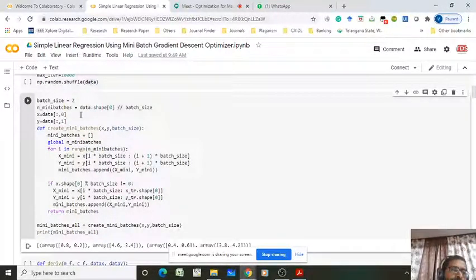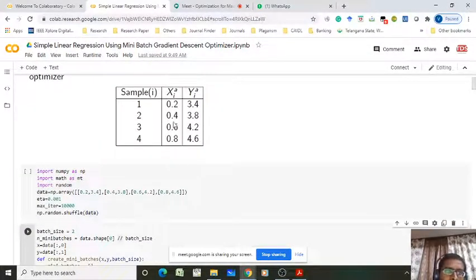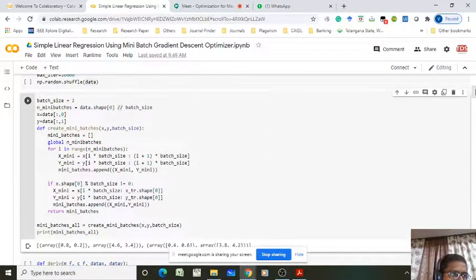Okay. Now in the data set, what is the input? Input is the first column, output is the second column. So the 0th index is the input and the 1 index is the output. So I am taking x equal to data of colon comma 0, the 0th index column, that means the first column. y equal to data of colon comma 1, the second column. So you have to read the input and output.